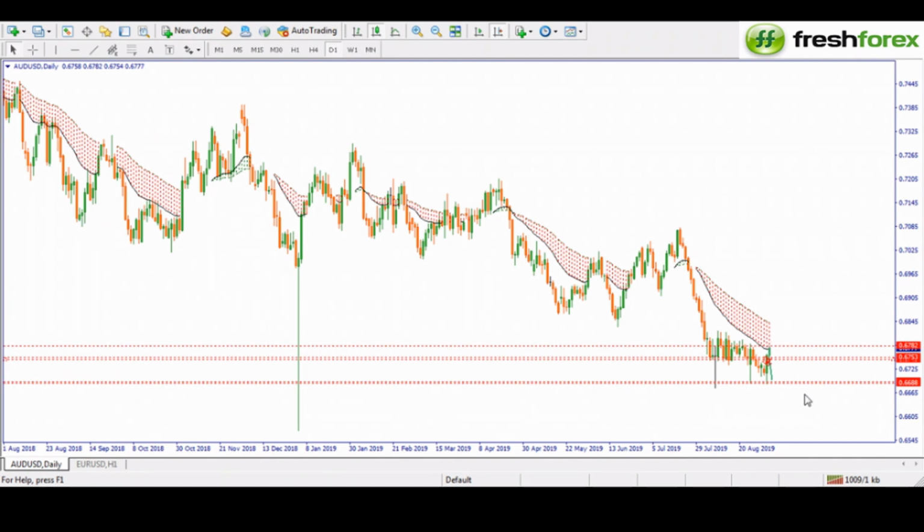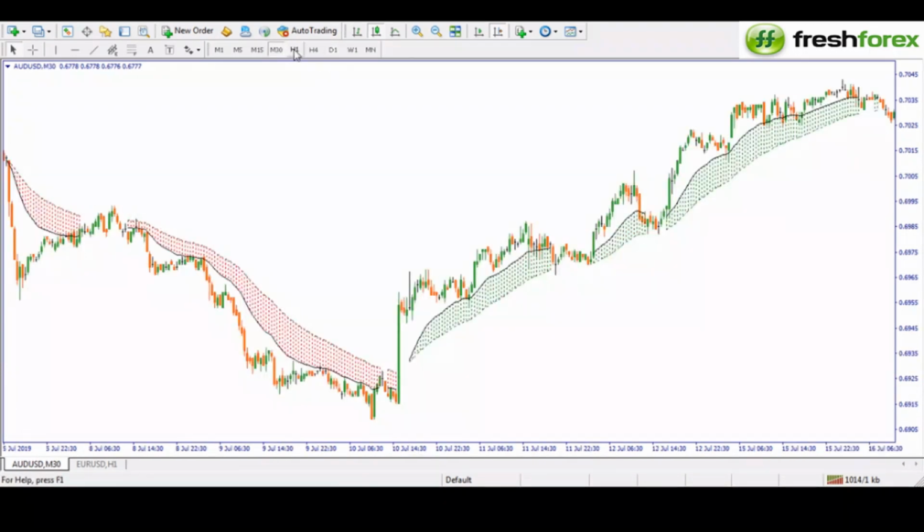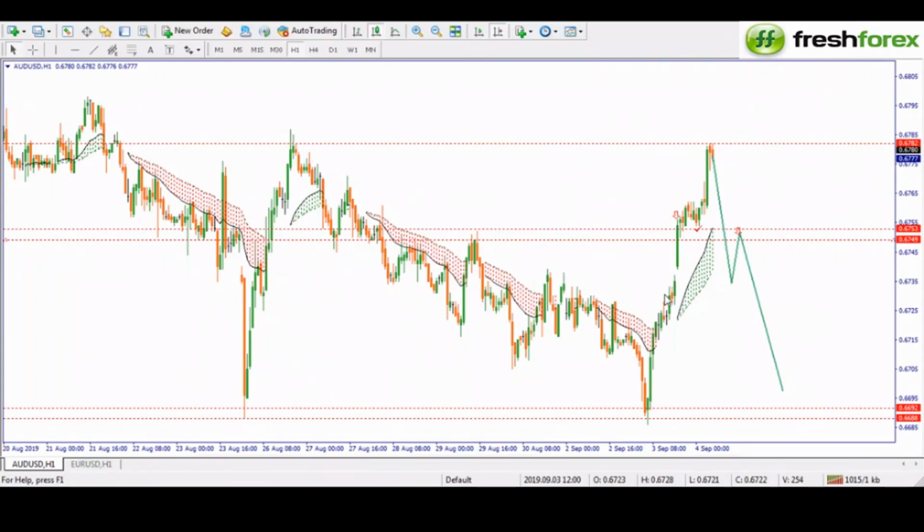So this is just one thing which you need to understand: if price is proceeding downwards on a higher time frame, but on a lesser time frame we're actually seeing price go the opposite direction, that opposite direction could just be a retracement. So you wait for it to finish. Let those people who are trading lesser time frames, maybe 1 hour, continue doing what they're doing. Then when they are finished, that's when you look for a sell.